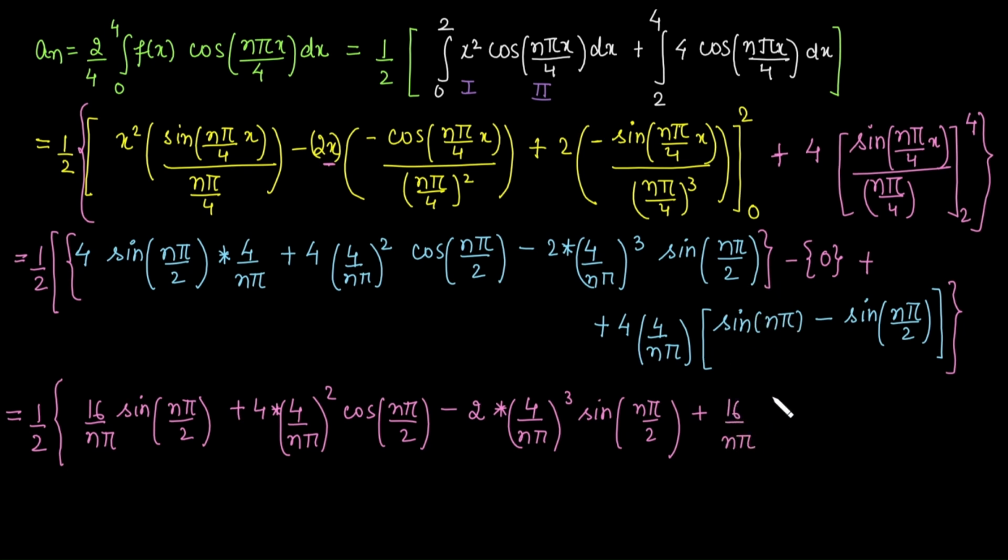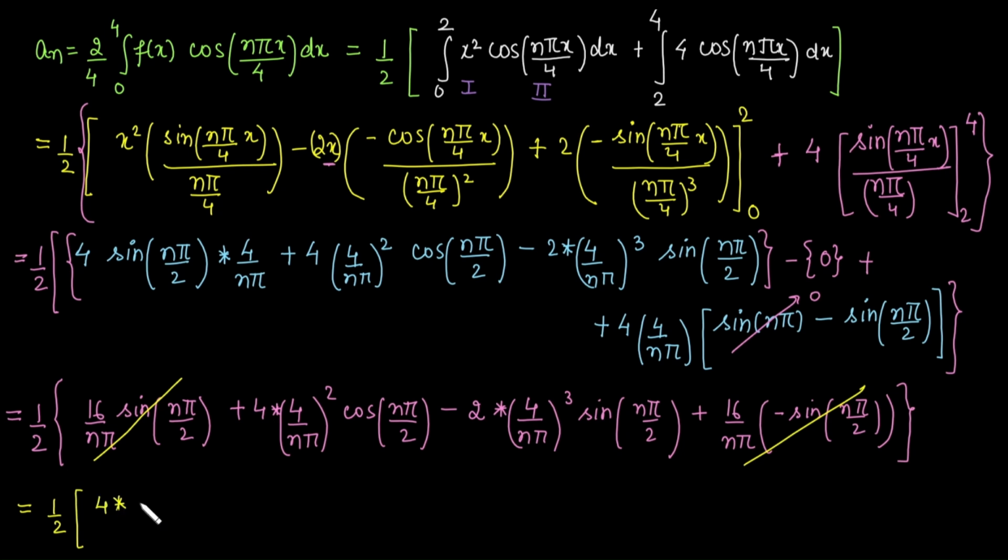Now if you observe, this term is 0, sine n pi is 0. This term is as it is, minus sine of n pi by 2. From here, this term gets cancelled with this one, because both the terms are same but with opposite sign. And in this case, we cannot cancel these terms. Moreover, we don't have a general value for cos n pi by 2 as well as for sine n pi by 2. So this is equal to 1 by 2